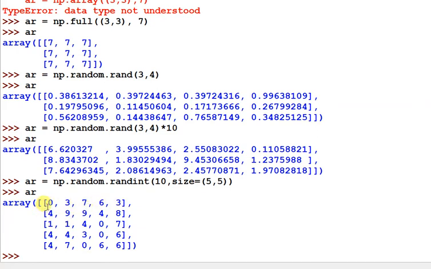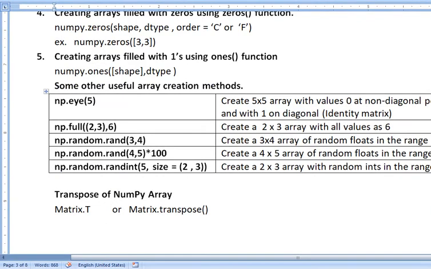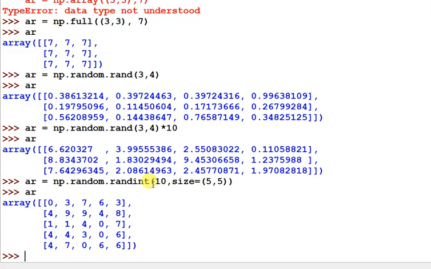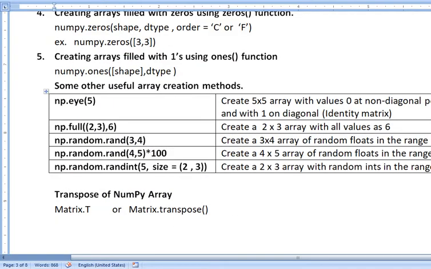So randomly it has assigned all the elements. Whatever number you pass, it will generate 0 to n minus 1. Here I have passed 10, so the maximum value generated is 9, and it will generate 0 to 9.